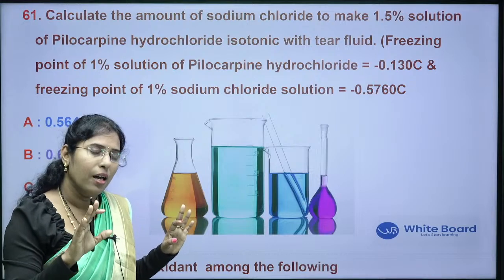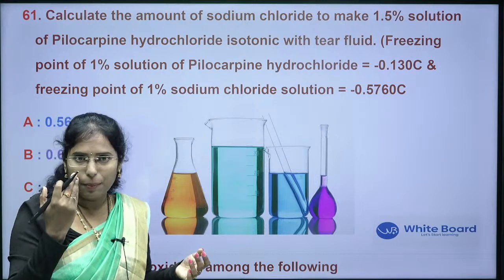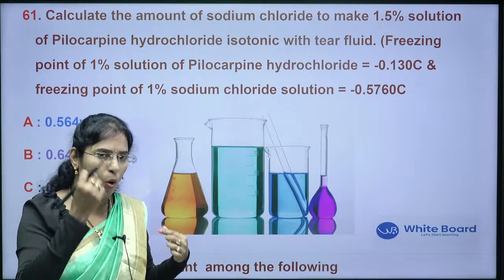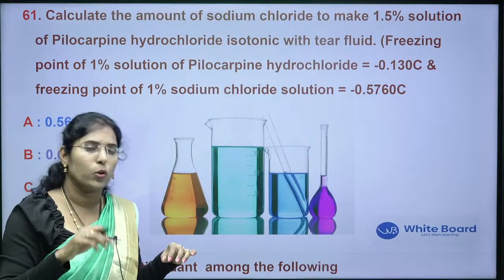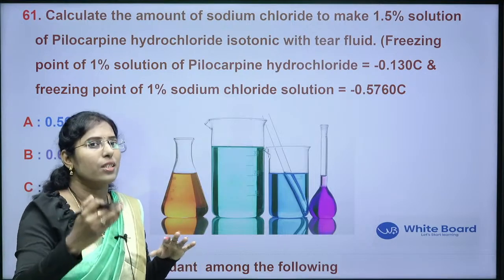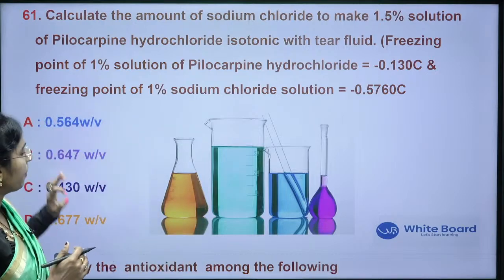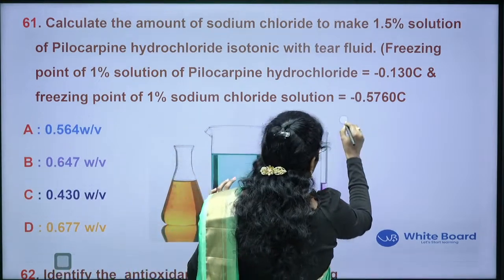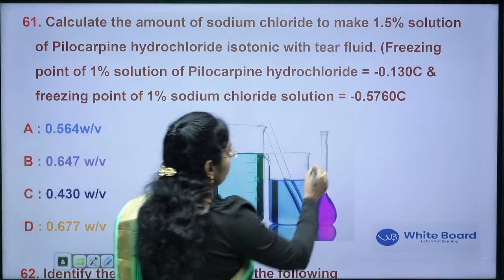Whenever the preparations are meant for injectables or any lacrimal, that is ophthalmic preparations, they are going to be instilled into our body, right. So whatever solution they are preparing should be isotonic to our body fluids. There are different methods for adjusting the isotonicity of drug preparations. This can be done by using the cryoscopic method. In the cryoscopic method, the formula is